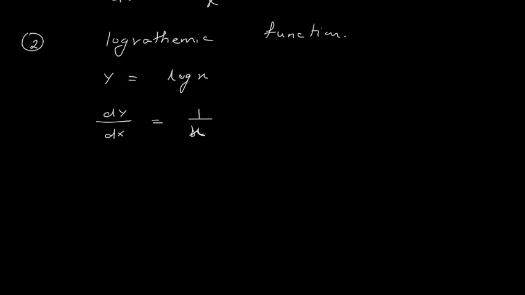Now when I say log x, that means the base I am talking about is e. You know, there are two bases which we discuss: log with base 10 and log with base e. So whenever it is written log, it is log to the base e. Now in most of the textbooks, in place of log x, you see the symbol ln. They say ln x. This ln is for log to the base e. We say it is natural log.